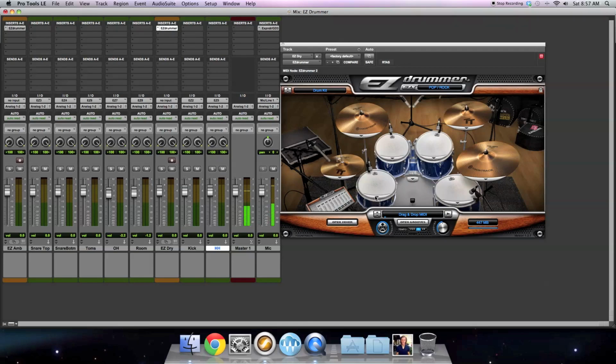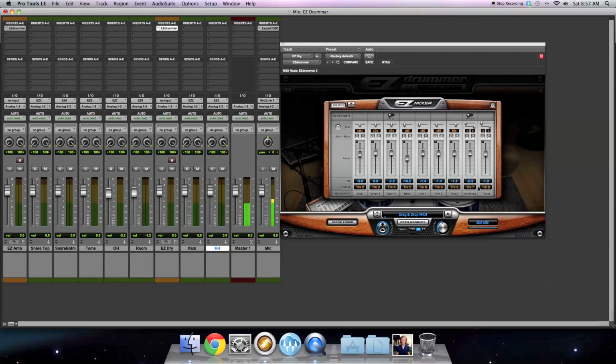And in this one, I want to take off the ones that I have room. Alright. Now what you have to watch out for is, if I open up the mixer, I have these going out to the individual tracks. So I want to set this kick up right here. If you look in plugins, you have Ezdrummer Dry and Ezdrummer Ambient. So what I want to do is switch the kick drum over to the Ezdrummer Dry. So now the hi-hat over here as well, the hi-hat's coming out on 5 from Ezdrummer Dry. Now when I play it back,